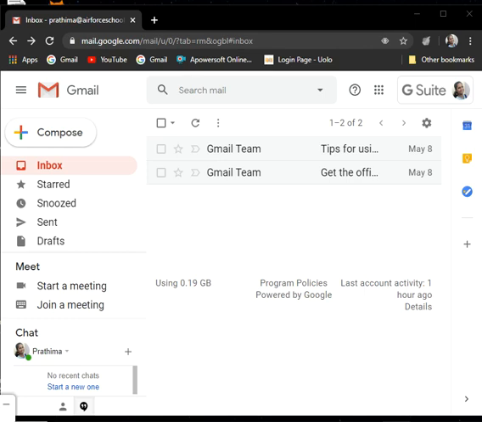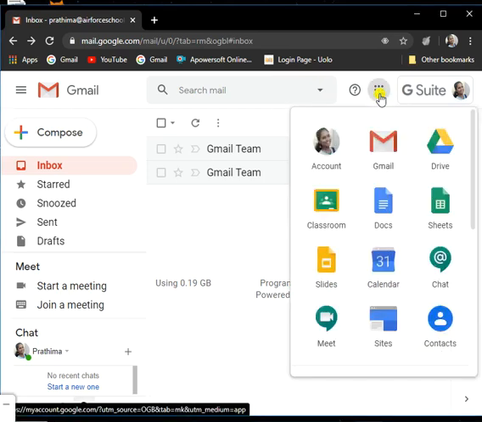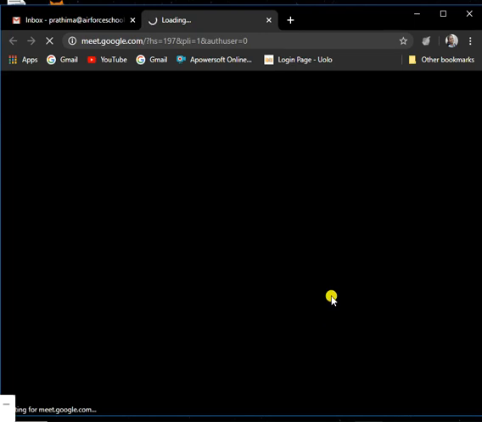Like that. So now see here. For that you need to log in with your account like this. Once you have logged in, you just click on the Google Apps icon, that 9-dotted Google Apps icon. After that click on Gmeet.